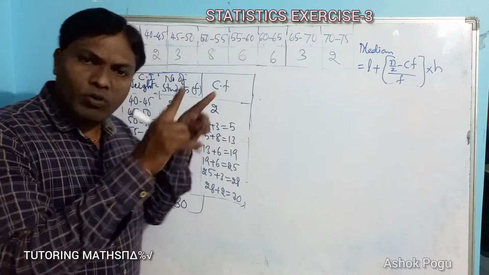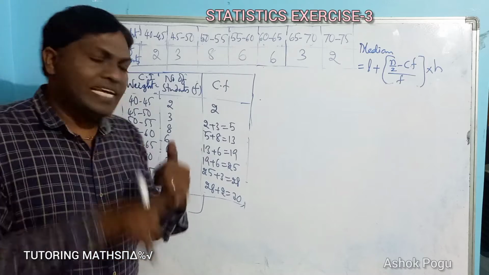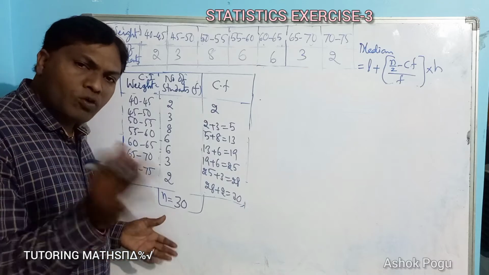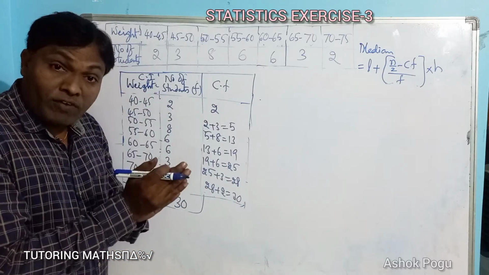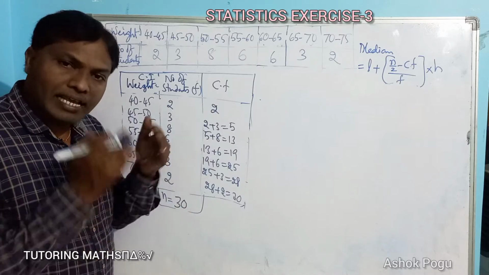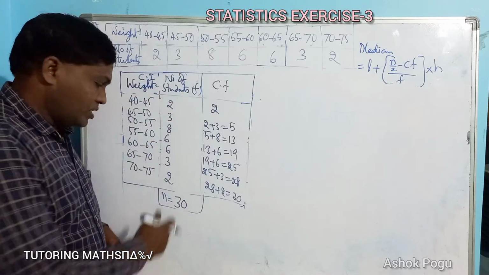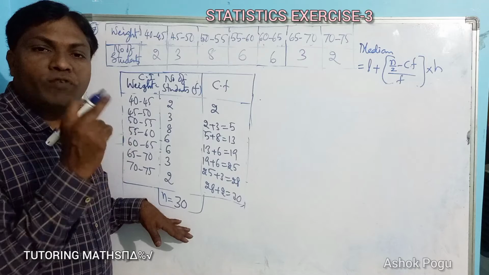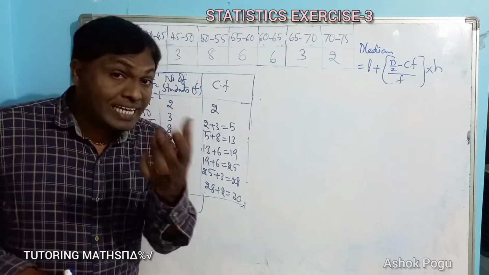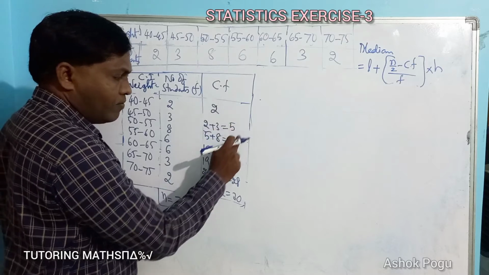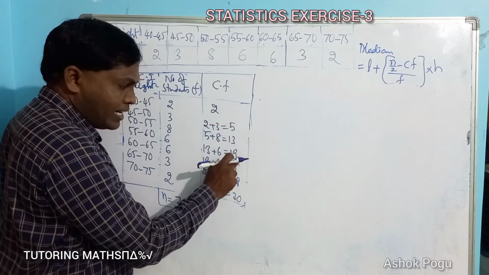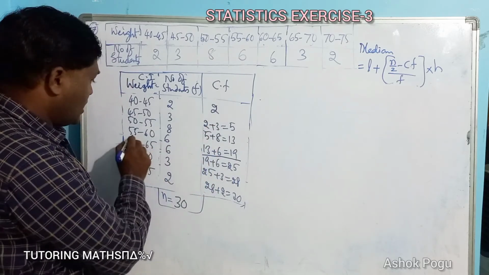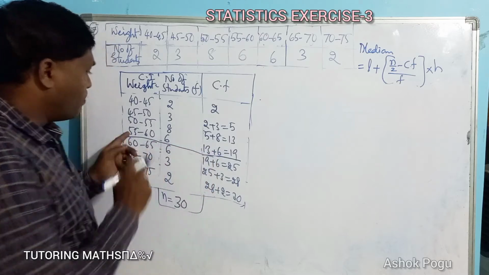After classifying the given raw data, select the median class first. Before that, we have to find the value of n. What is n? n gives the total number of observations, which is 30. What is half of 30? We should check half of n, that is 15. Where do you get the 15th observation? Counting 5, up to 13, 14 to 19, it lies in this class. So this is the fourth class. Yes, this fourth class is the median class.